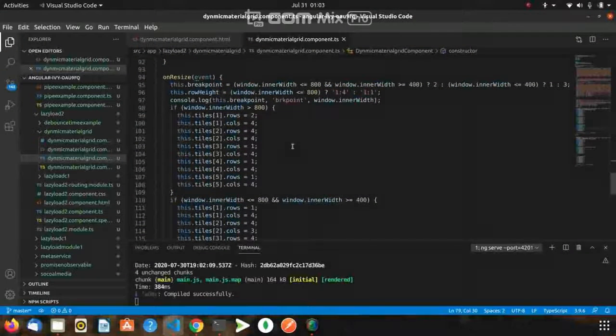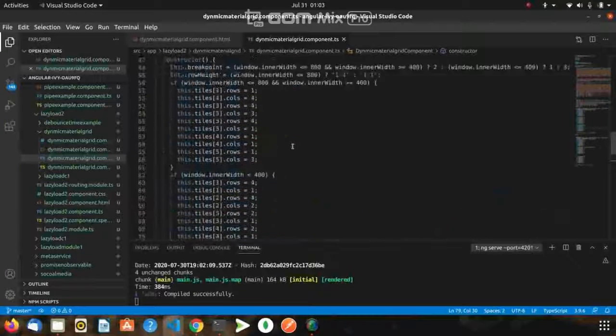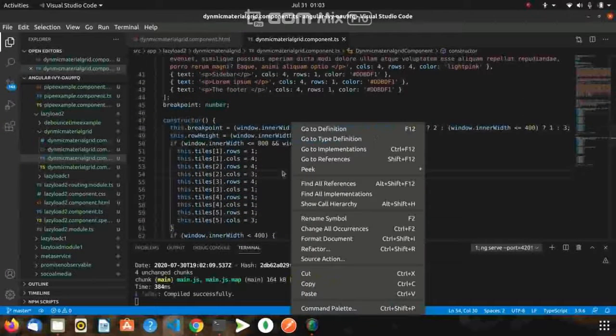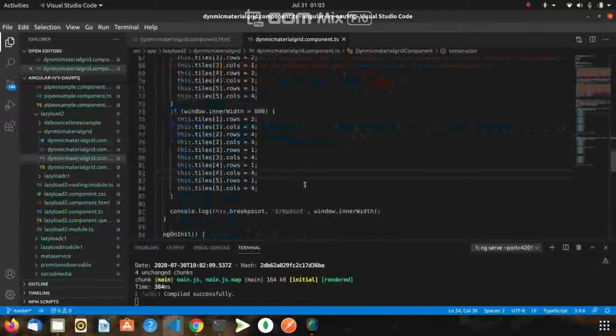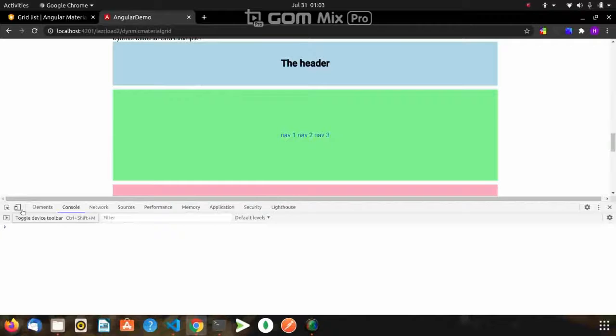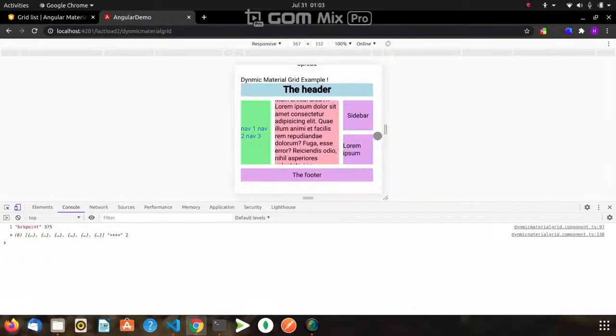That's why we define the sizes in the constructor, and then when I squeeze it to check the responsiveness, let's see.